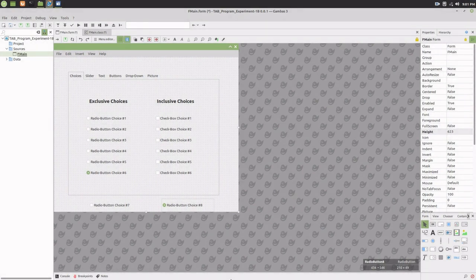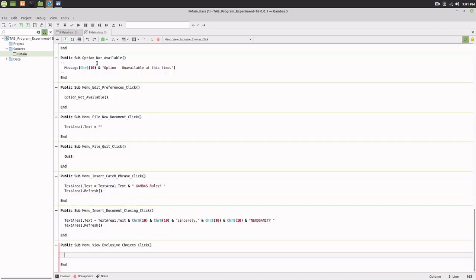To start the exclusive choices view menu entry code block, select the view menu on the main form, then click the exclusive choices menu entry. And in the menu exclusive choices click event, to enter the program code, enter the first line of code for the if-then test. If menu view exclusive choices dot checked equals true, then